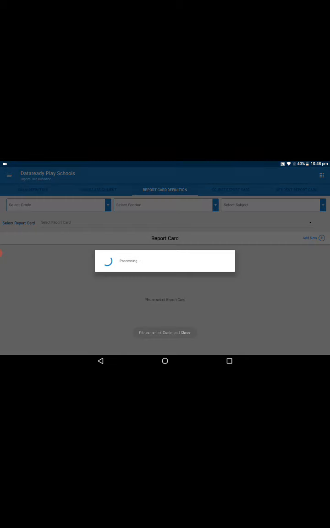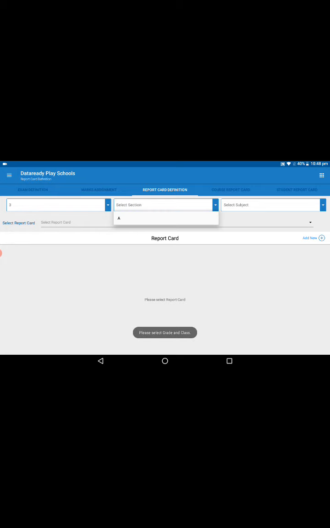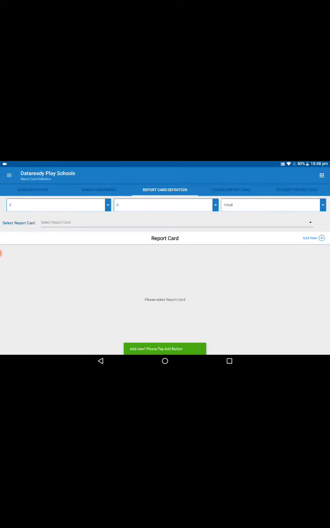Now report card. Here let me select grade and section and subject. Okay. Now here previously in exam definition we assigned the previously created assessment to the 3A grade sections. So in the same way we have to assign the report card of FAP to these 3A students.